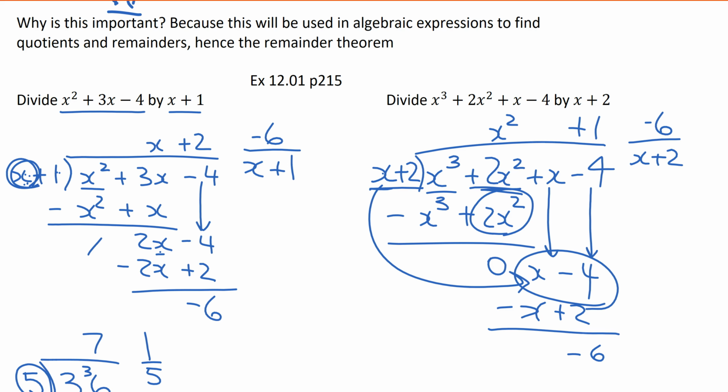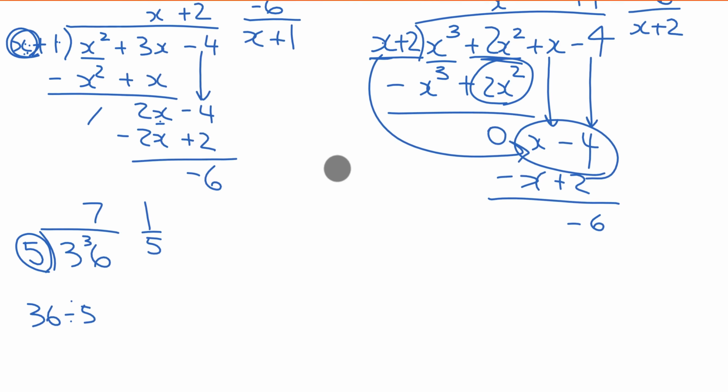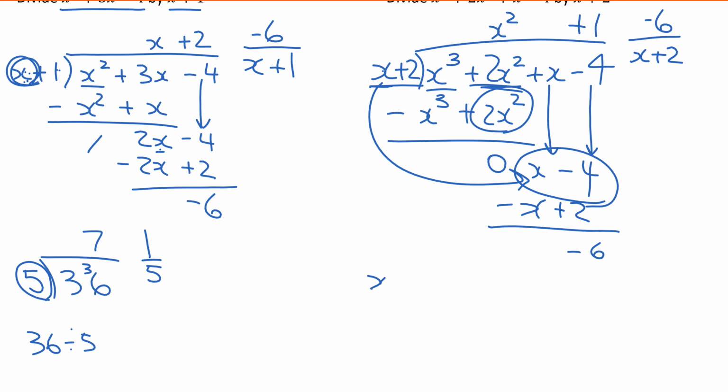So would you go x plus 1 minus 6 over x plus 2? Yeah. So what we're trying to say is that this equation here eventually is going to be the same as